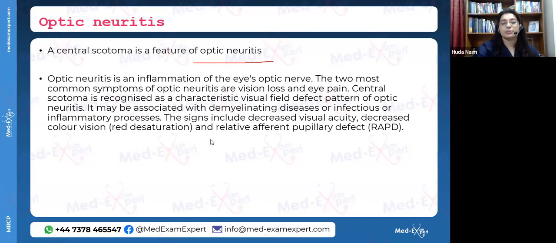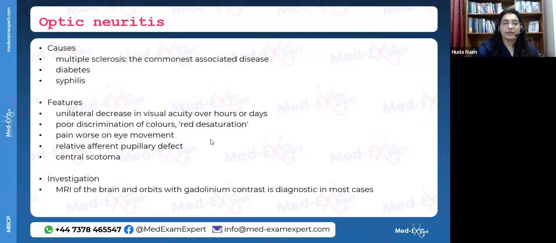So in this patient, the two most common symptoms of optic neuritis are basically visual loss and eye pain. And you could see all of this in demyelinating diseases, infectious diseases, or inflammatory processes. So very important to know about these. Okay. So optic neuritis is a very, very important topic as far as the exam is concerned. They could have asked you the diagnosis. What if the patient has had two or more episodes of this? So that would have led